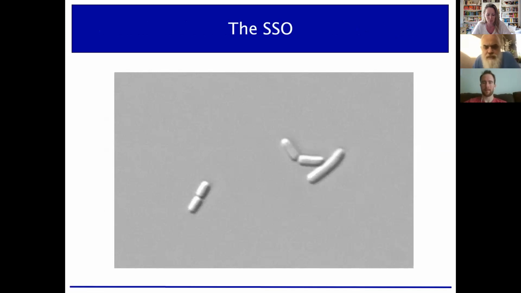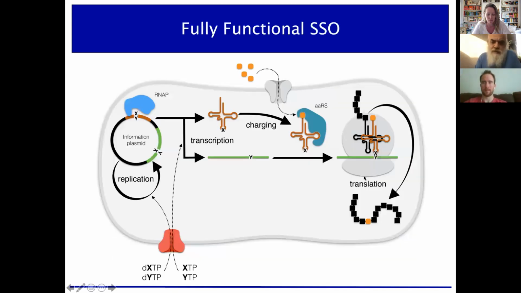So here they are. Here are the semi-synthetic organisms. We thought this, and I still think this is really exciting. Every living organism ever before this has had 4 base pairs, four letters, 2 base pairs, and these organisms are growing and dividing with six letters and 3 base pairs. So in order to move on and try to develop fully functional SSOs that retrieve that information, we synthesized the